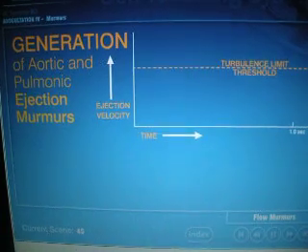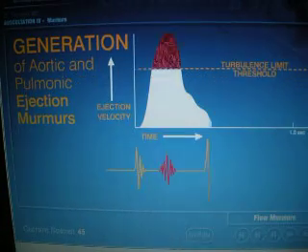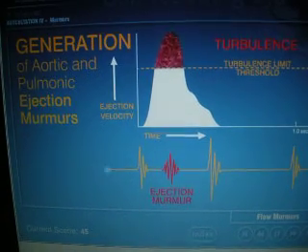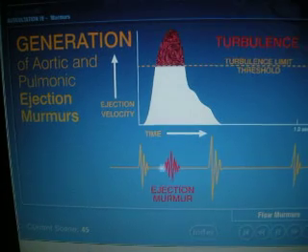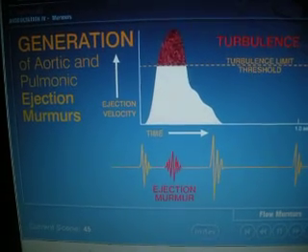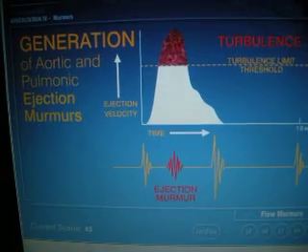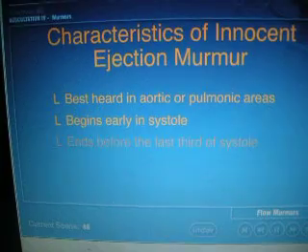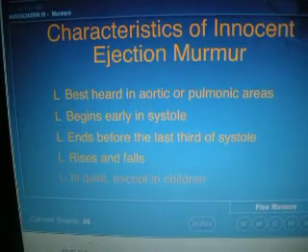The result is that the first portion of ventricular ejection exceeds turbulence threshold, and the ejection murmur is produced. This murmur is often present throughout the patient's life. Characteristics of this murmur have been described in your second lesson and include